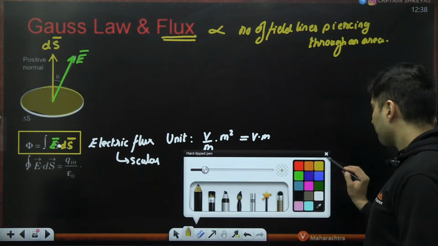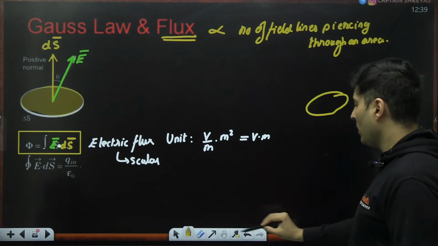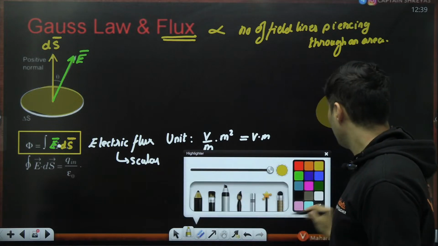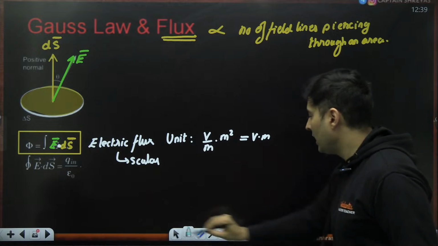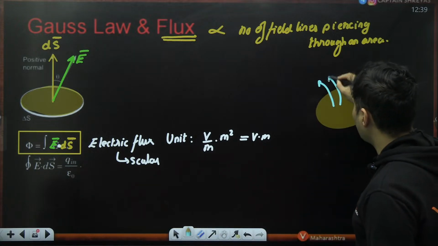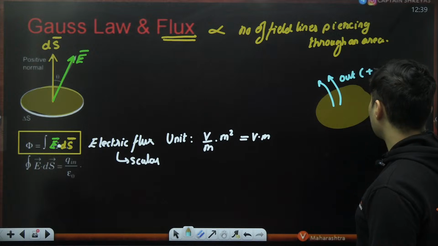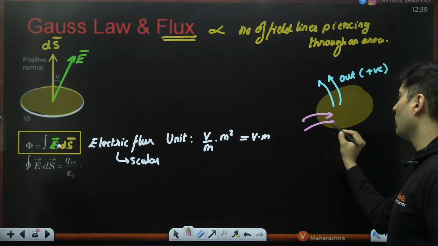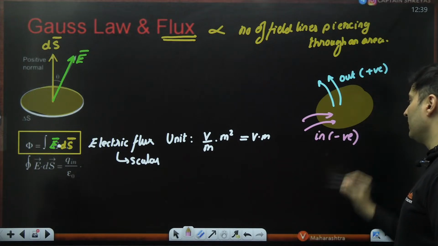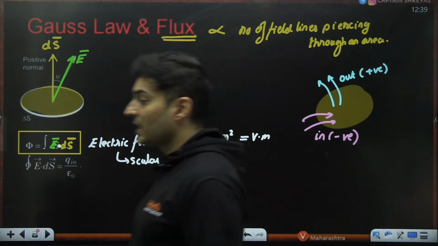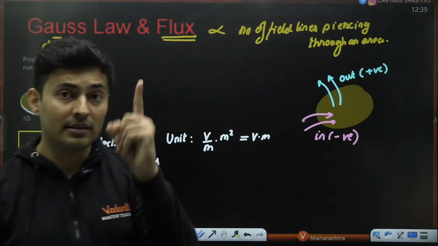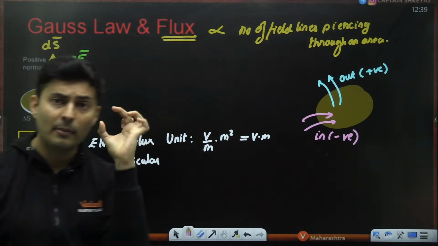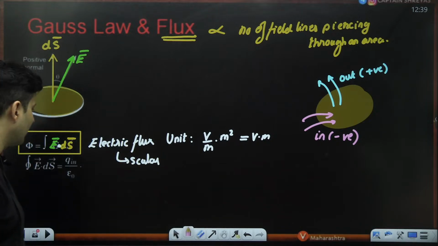Also keep this in mind that if you have a closed surface, then all the flux which comes out of it is considered positive, whereas all the flux which goes inside that closed surface is considered negative flux. Positive, negative matters a lot in calculations of cubes, cylinders, etc. Sign will matter. You cannot ignore it just because it is a scalar quantity.